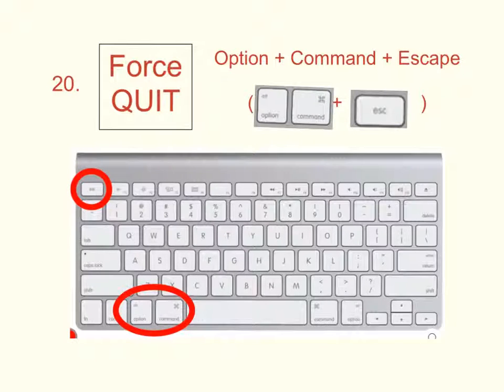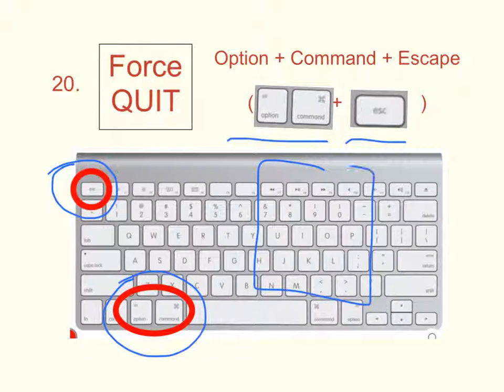And the last keyboard shortcut occurs when you have a problem. And for students, this would be something you would ask your teachers about. If your application, Word, something like that, is frozen, Chrome, it can happen on, the keyboard shortcut is Option-Command, these two keys, and then the Escape key. That will bring up a little window, and it will tell you applications that are open, and it'll say Force